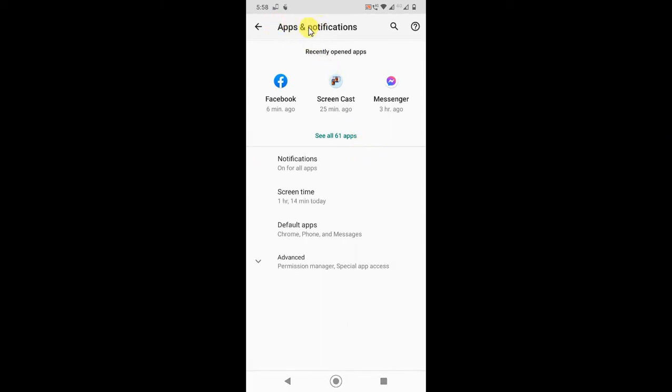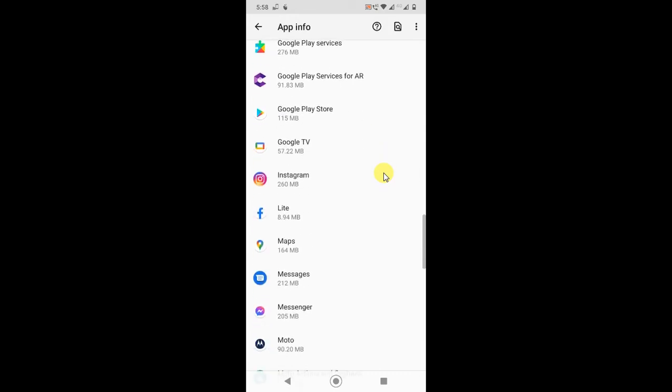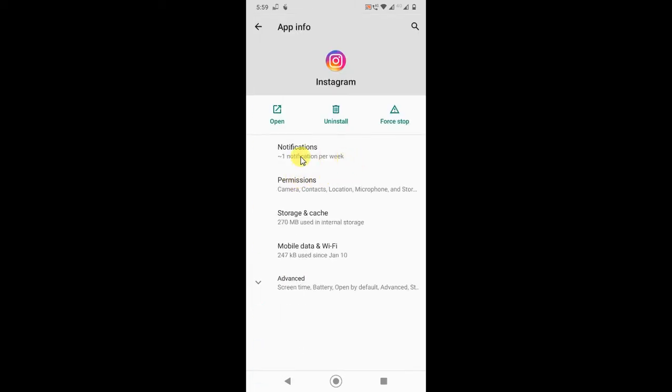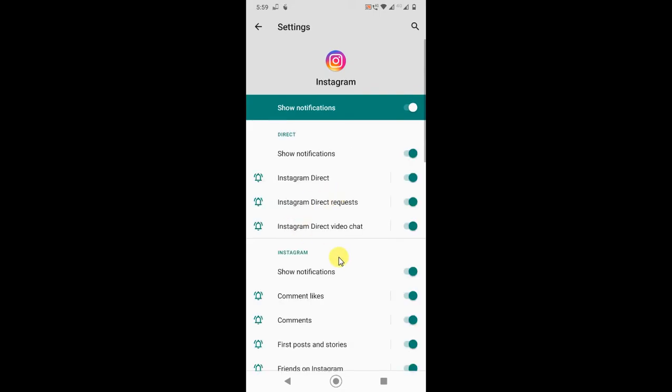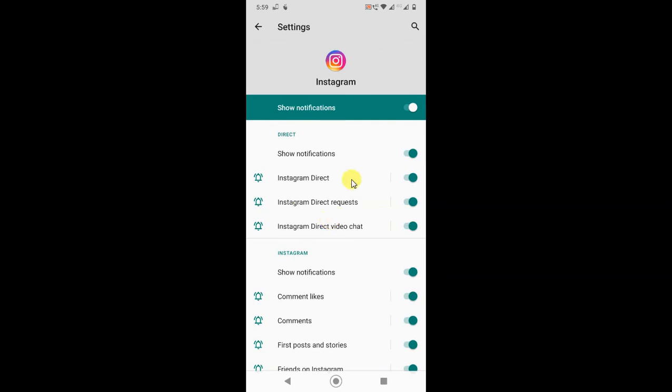So come back to apps and go to see all, then you can see all your installed apps. Now I want to change the Instagram app notification. So I just need to open the app notification, go to the notification. In notification you will see the sound, comment sound and all. So click on